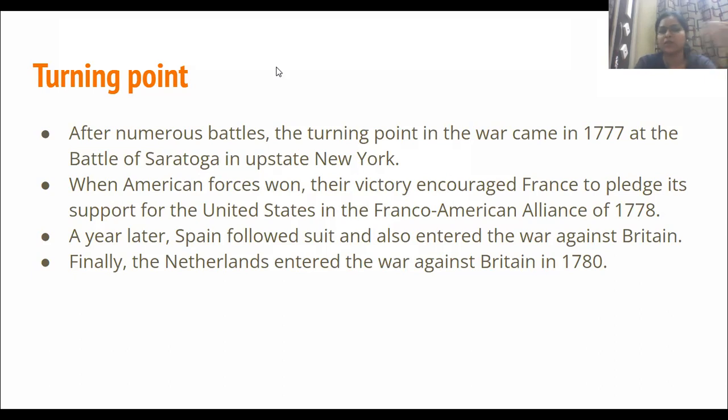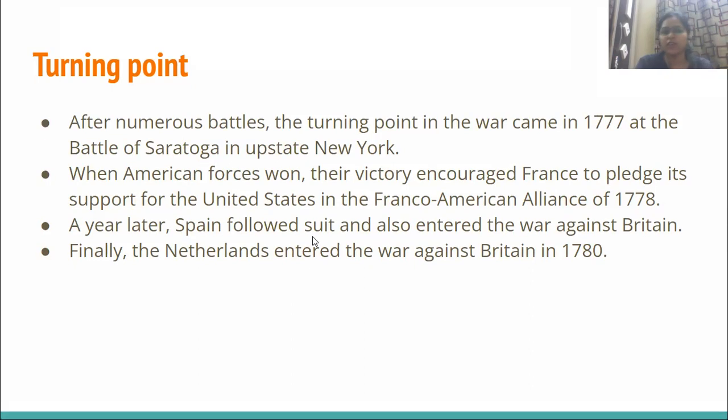So even the Spanish started supporting America. As soon as the Spanish also supported, the Netherlands, the Dutch, also entered the war against Britain. And if you look at the time frame, in India the Dutch and Britain were also fighting, the Battle of Bidara, right? The Dutch and British were already enemies of each other, fighting in India. So at that time they thought, let's support the Americans in this particular war. Now we see that the Americans are being supported by French entities, Spanish people, and the Netherlands, that is, the Dutch people.